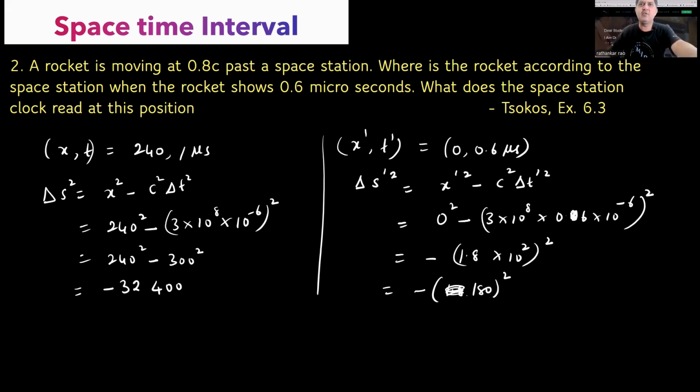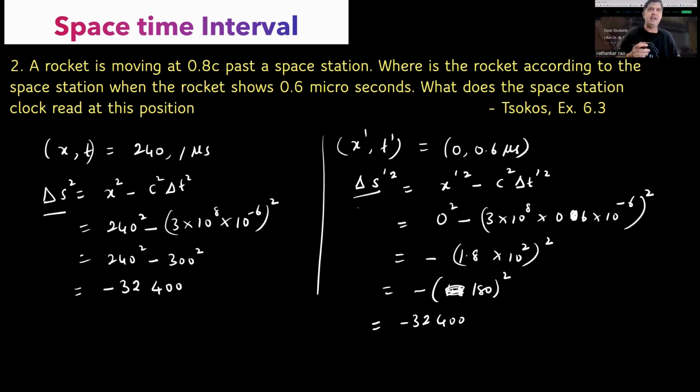Now let us write down what is 180 square. It's once again 32,400 minus 32,400. Thus you see this delta s square and delta s dash square is not going to change. That means the space-time interval is not going to change whether in the moving frame or